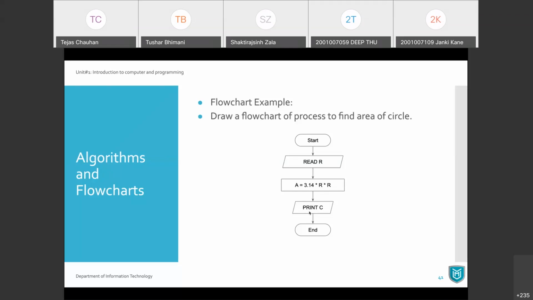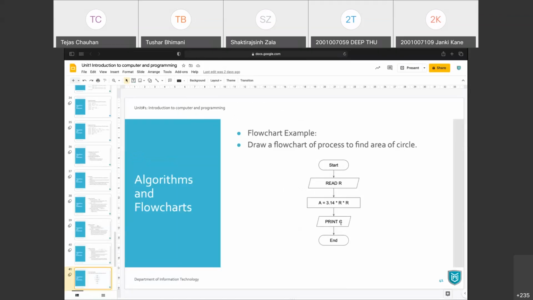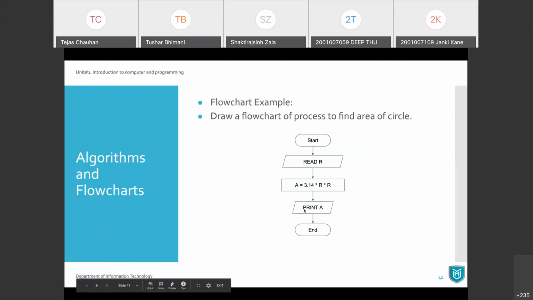Then we need to print our area, so at this place it should be print A or write A. Let me change that. If you just want to print your answer on the screen, you say print A. If you want to store that area somewhere in memory, then you say write A. It depends on your need, but the flow chart will have the same parallelogram symbol at this place because that is the output. So here we print our area and then we end this flow chart.